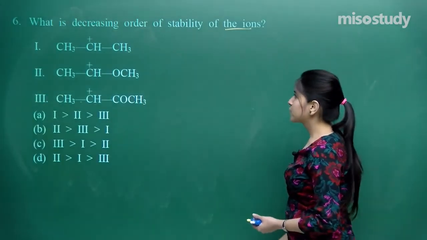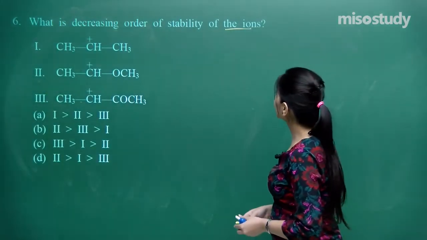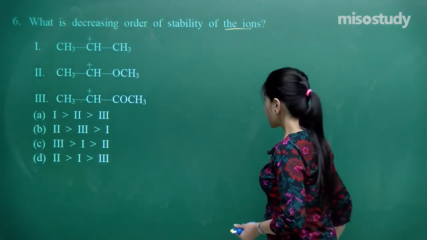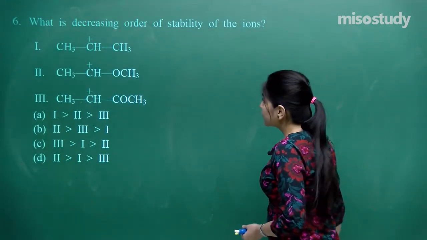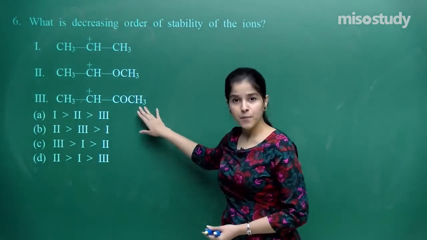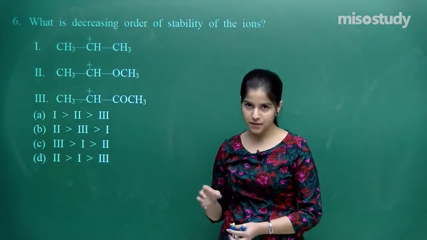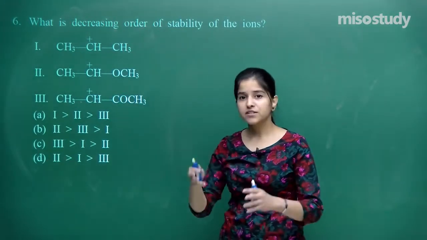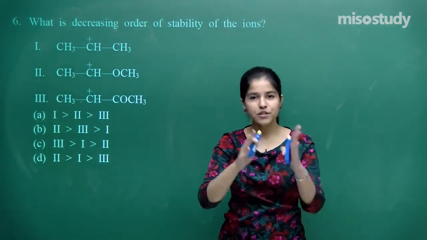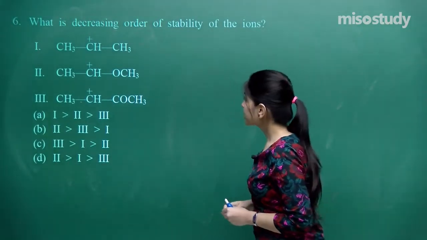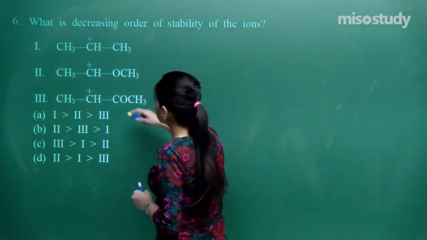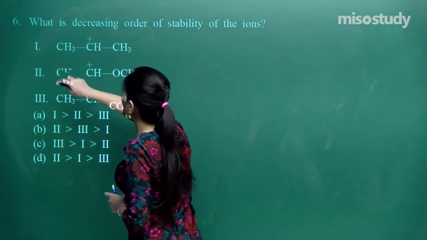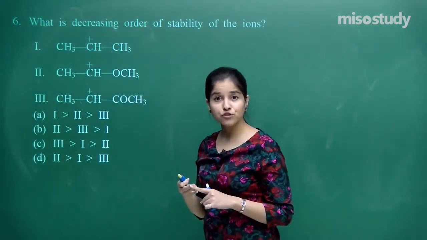Now let's move on to the next question. What is decreasing order of stability of the ions? So here I have been given 3 cations. I need to find out the order of the stability, and that too decreasing, starting from the highest, highly stable, to the least stable. So if you see over here, cations are always stabilized by the hyperconjugation as well as